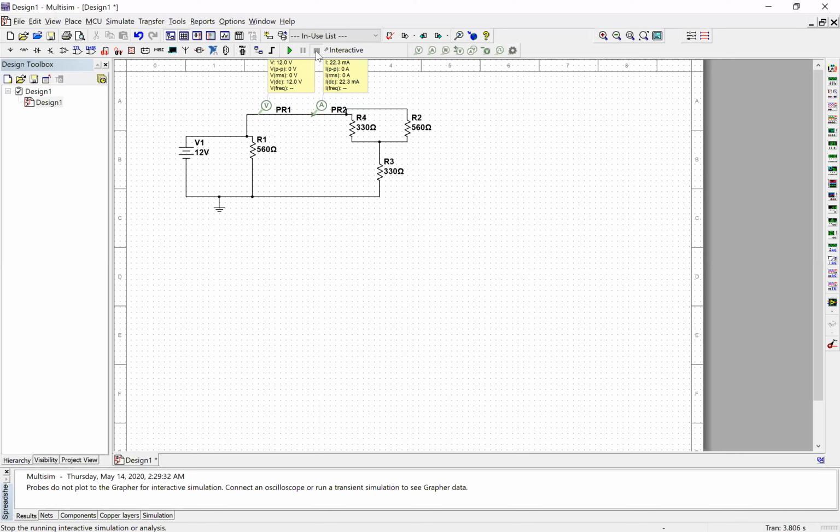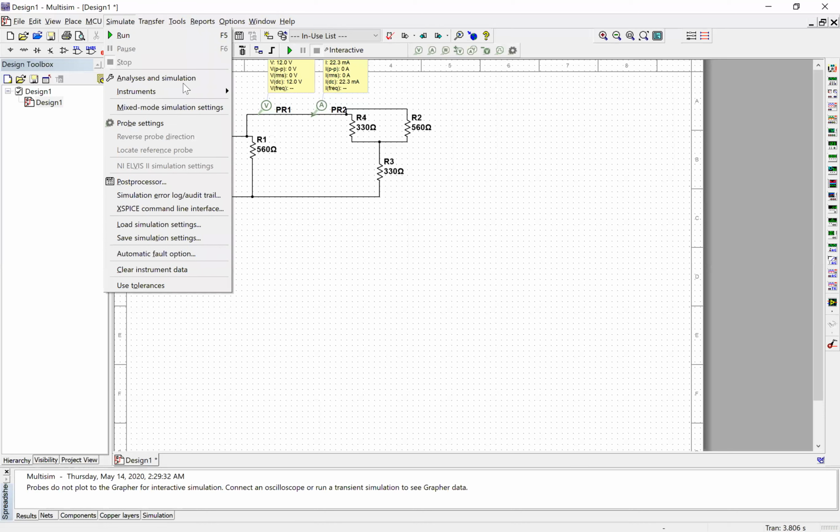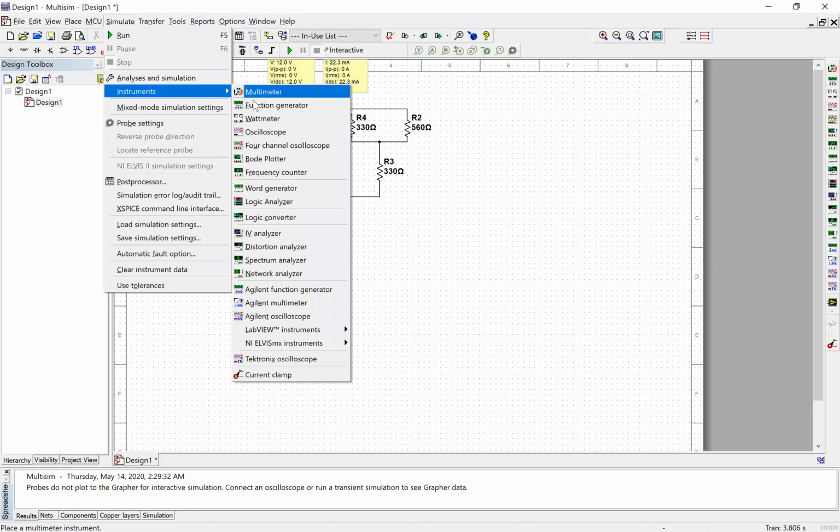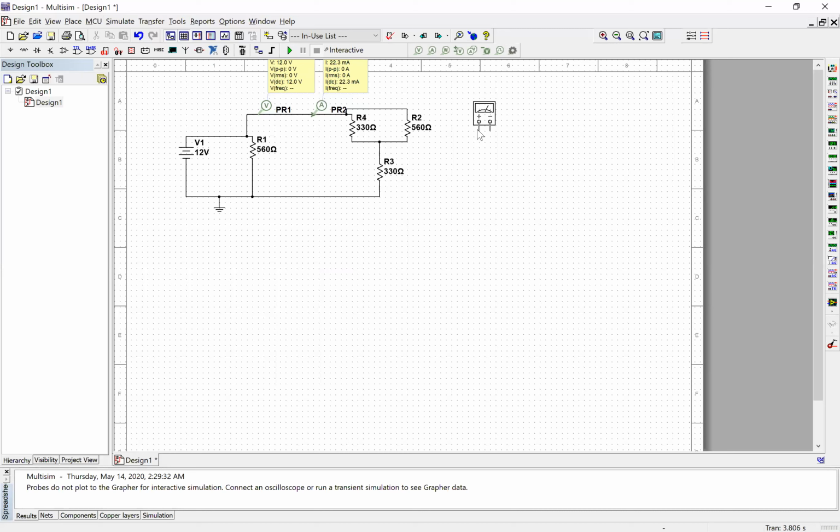and I'm going to add a couple of meters. So I'm going to go to Simulate, Instruments. I'm going to add a multimeter, and I can put this multimeter here. I can also click on this multimeter, say Control R. I can rotate it just so that the leads point in the direction I want. I can attach this multimeter because I want to measure voltage across this resistor. I can attach it like so, and I might want to drag that wire over a little bit,